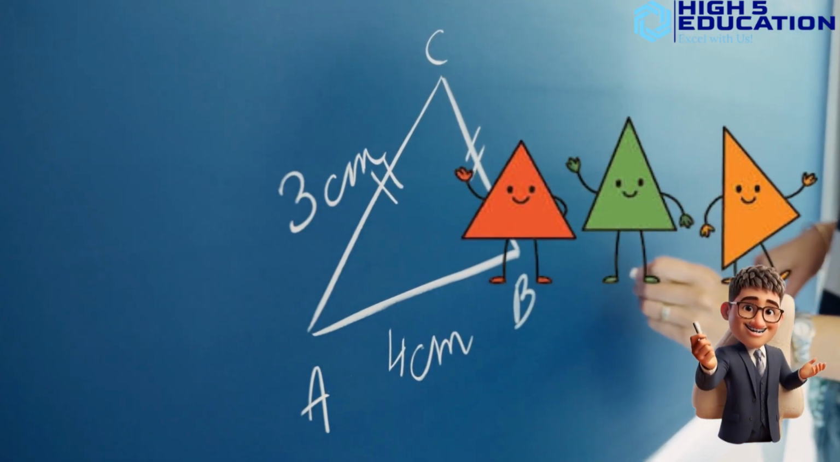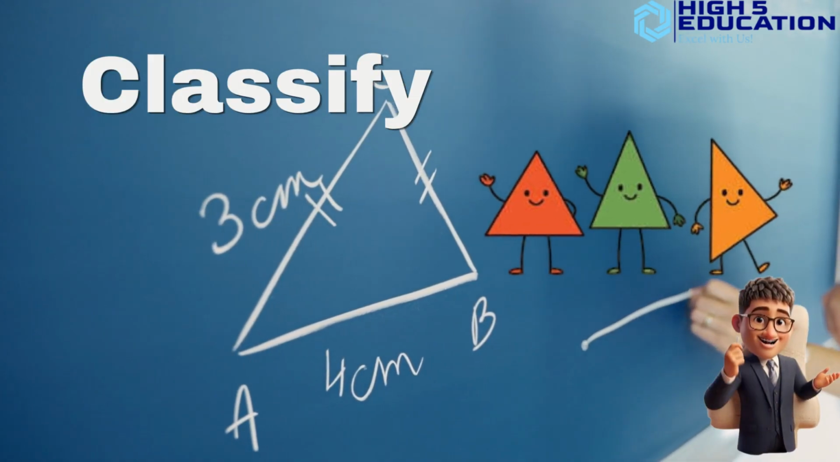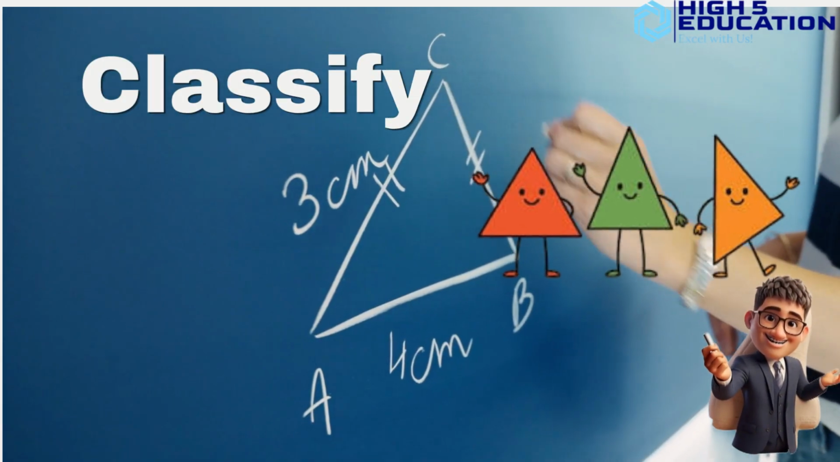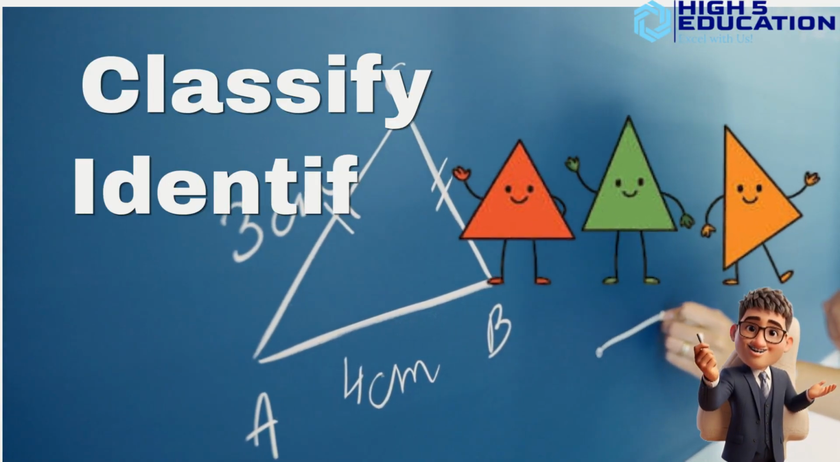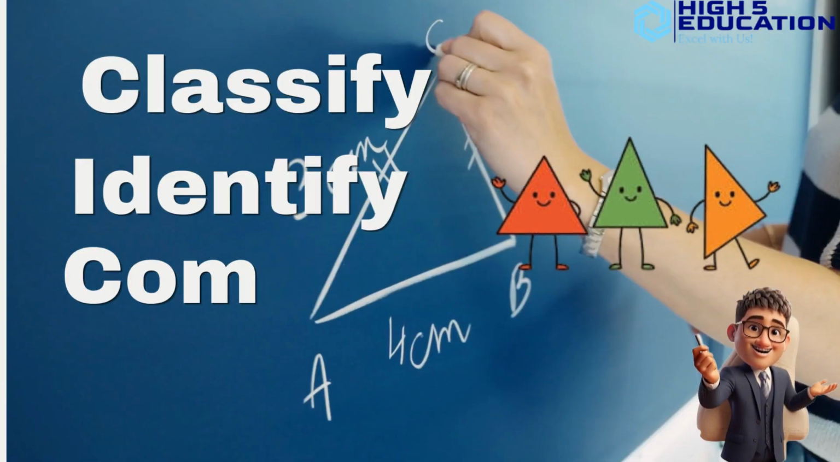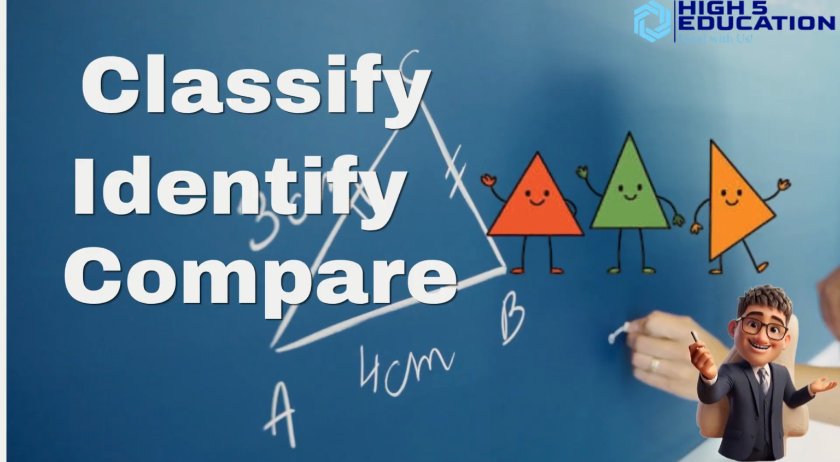Let's take a look at our learning intention for today's lesson. Today, we will learn how to classify triangles according to their sides and angles. We'll discover what makes each type of triangle unique and learn how to identify their special properties. We'll also compare different triangles by looking closely at their characteristics, such as the lengths of their sides and the